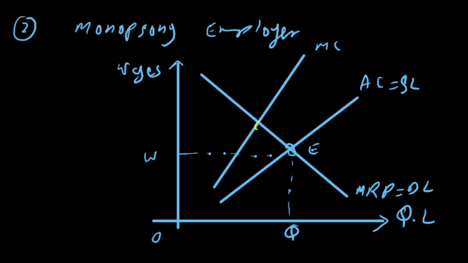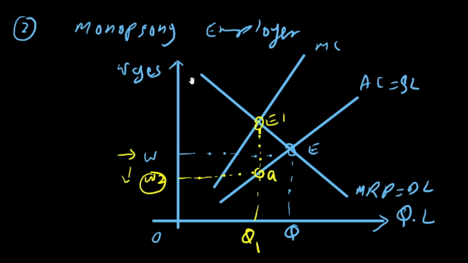If the wage rate in the open market is W, then the monopsony employer will set equilibrium at E1 and offer jobs to Q1 workers, but it will offer wages at this point on the initial supply curve. It will offer wages at W2, lesser than the open market. So if doctors are facing a monopsony employer, they will get lower wages, possibly lower than the teachers. So this is how you can evaluate this point.